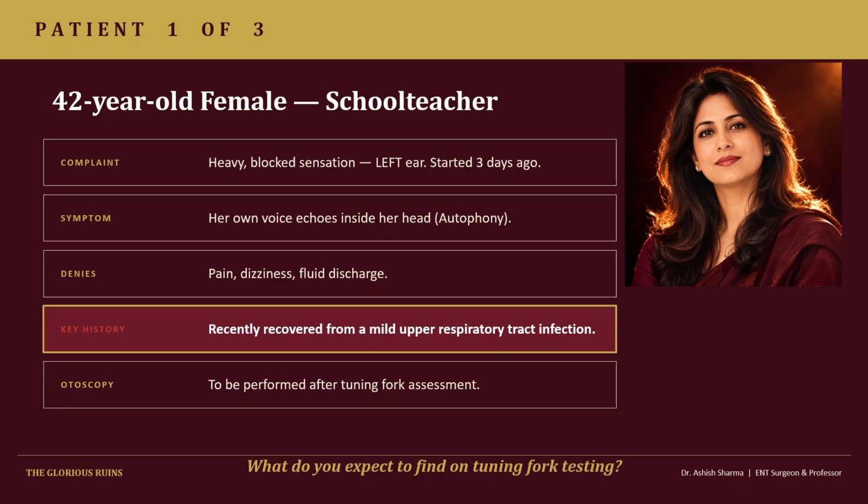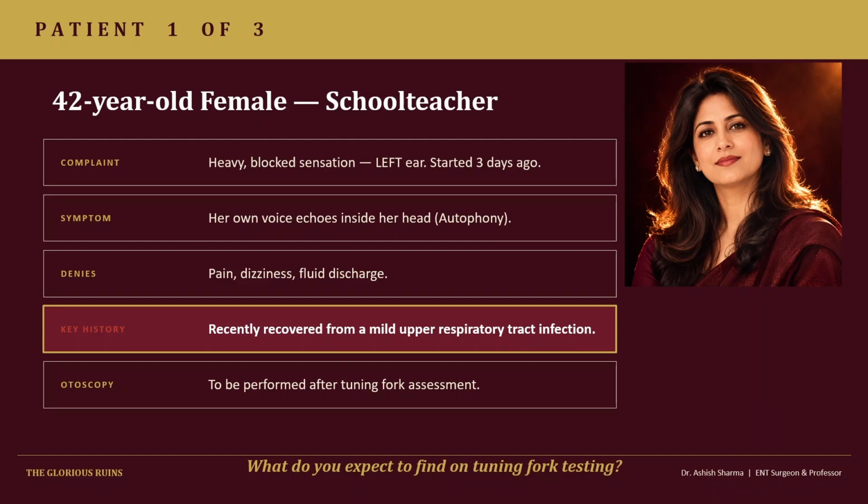Finger goes up, swing the fork to the ear canal. She says, yes, I can hear it clearly in the ear. So right Rinne positive, right ear completely normal. Now the problem is isolated to the left. So we do a left Rinne test. So fork on left mastoid,